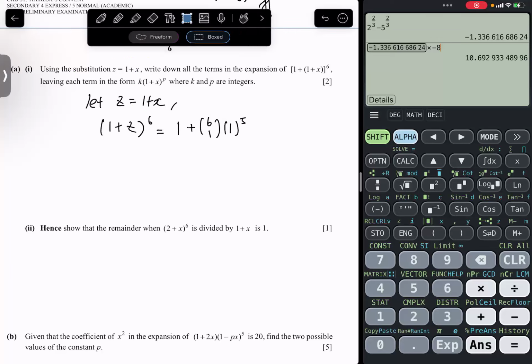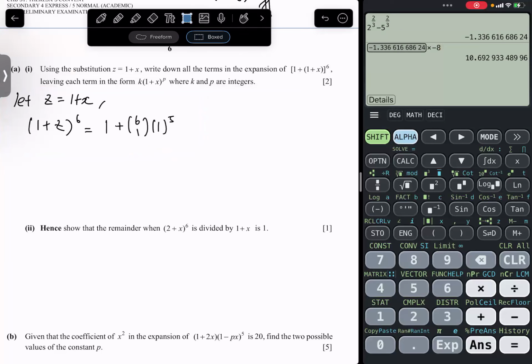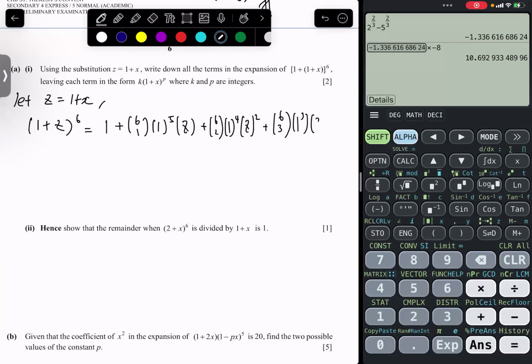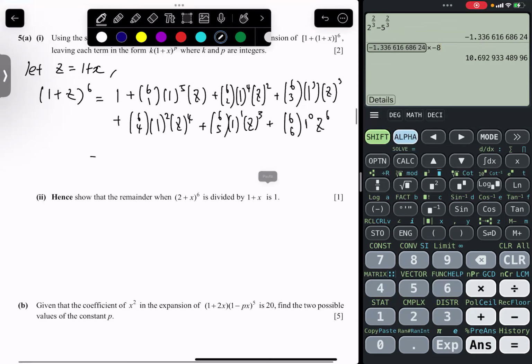All the terms, I need a lot of space. Okay, I'm going to write a little bit smaller: 6C2 z squared, plus 6C3 z cubed, plus 6C4 z to the fourth, plus 6C5 z to the fifth, plus 6C6 z to the sixth, equals 1 plus 6z,